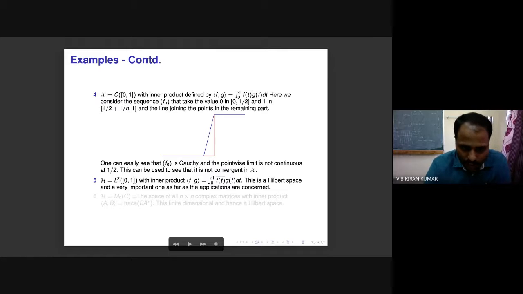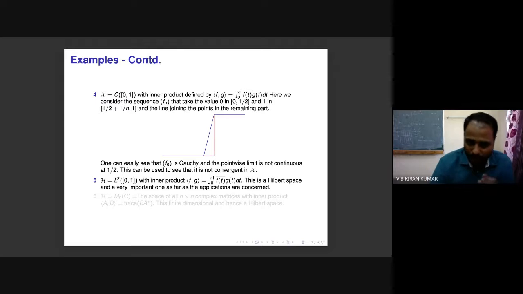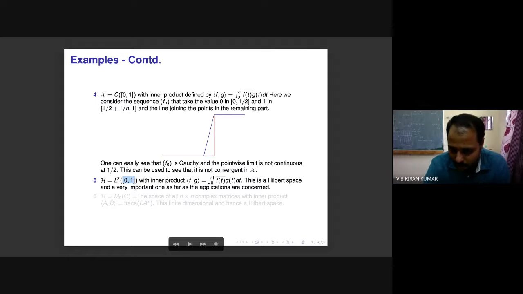Yeah, this is the most important Hilbert space, L2[0,1]. In fact, L2 of E. So yesterday we have seen LP of E, LP spaces, and we have proved that they are all Banach spaces, right? In particular, if you take P equal to 2, and I'm considering only the closed interval [0,1], but you can deal with any measurable set, you can define the inner product to be this, and this time this becomes a Hilbert space. This is something you have seen, right? L2[0,1]. And this is the Hilbert space which we will consider later.